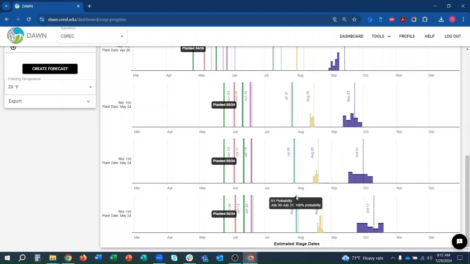However, if we would have planted a 115 RM relative maturity hybrid on that same date, the tool is predicting R1 for that corn in just a couple days, July 30th to 31st. Because this is so near in the future, the tool has a lot of confidence in its prediction, showing 100%